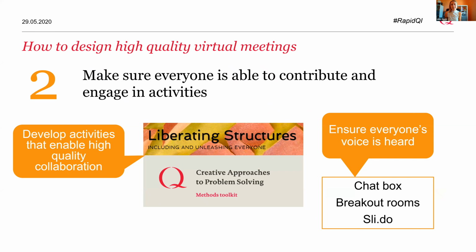If the meeting that you're designing is intended to be collaborative, then one of your main goals has to be that you hear from everyone in the session, whether that is either out loud or in writing. And realistically, open conversation isn't going to work beyond a group of about 8 or so people. So if you've got a bigger group, you need to think more creatively about how you're going to do this.